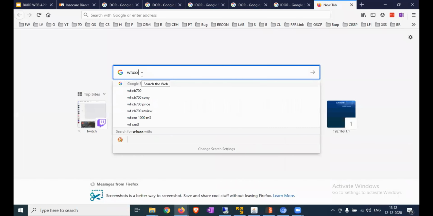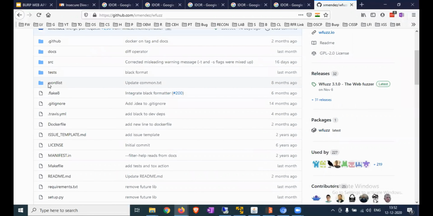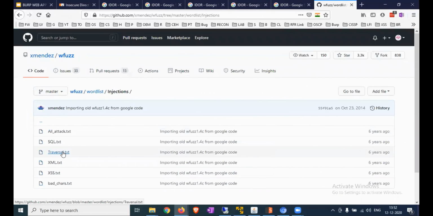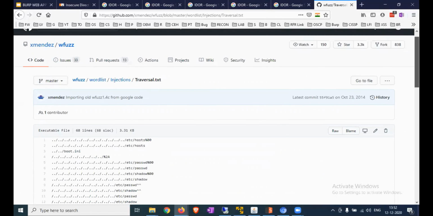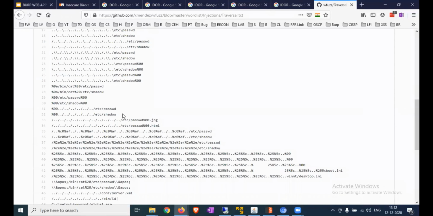Wfuzz, GitLab, word list, injection, any of them. For example, we are using any one of them.